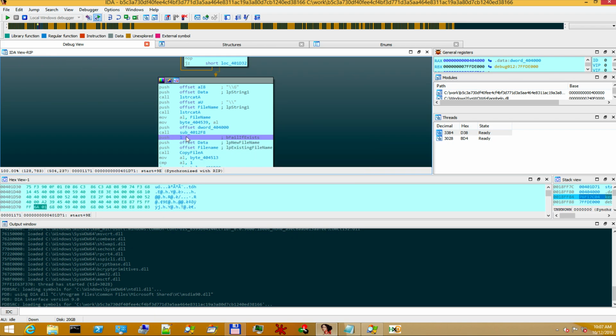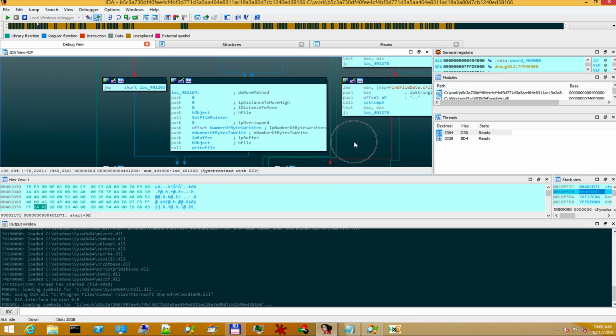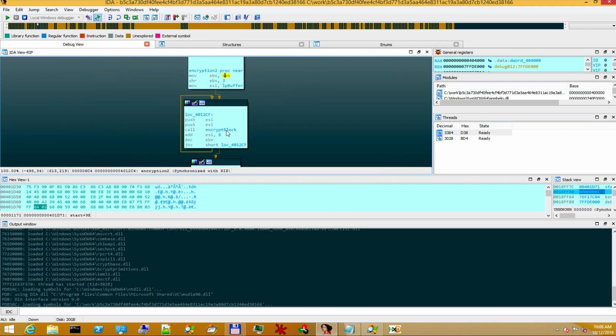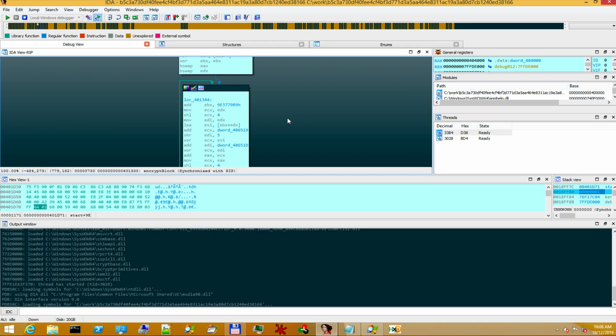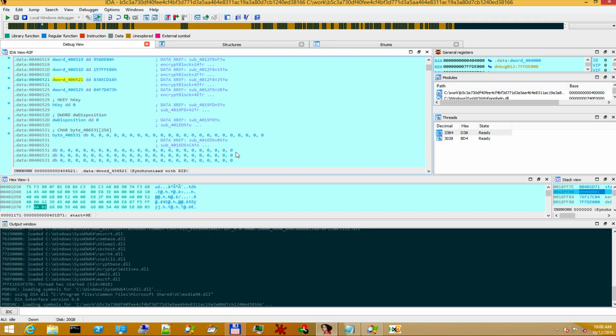This is the function that initializes our constants. Execute the function by pressing F8, then go back to the encryption routine. And there we now have the values of those constants.